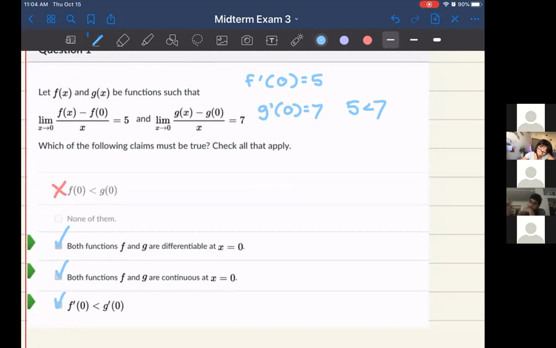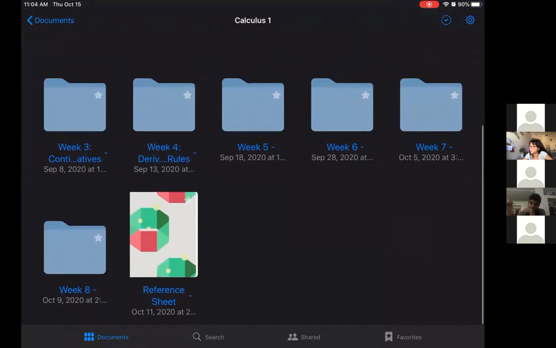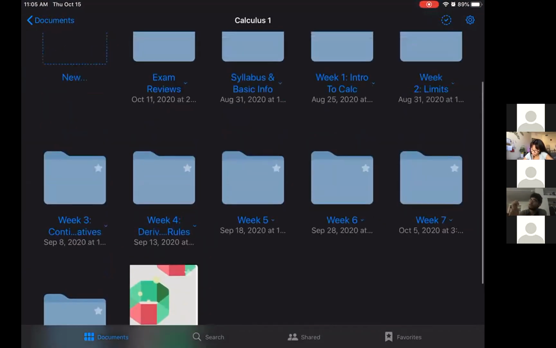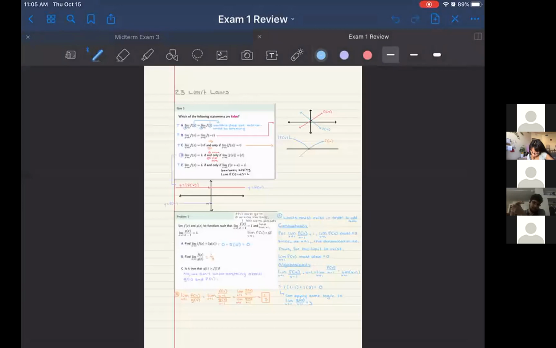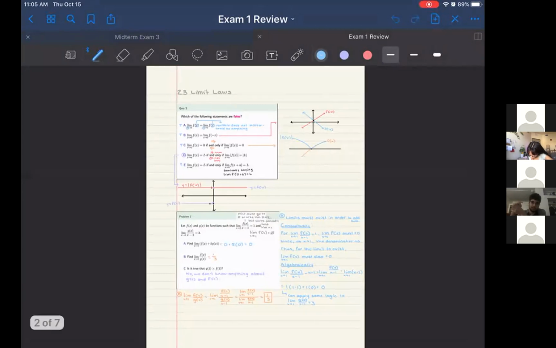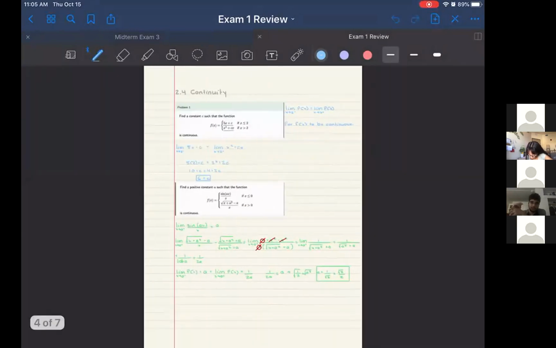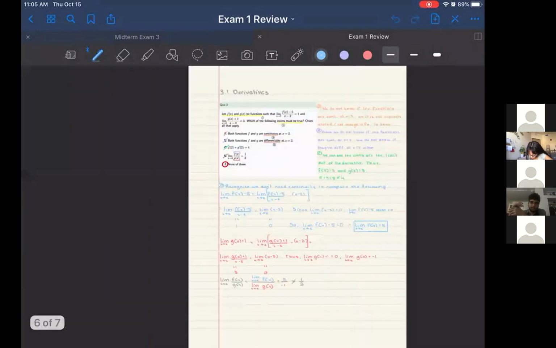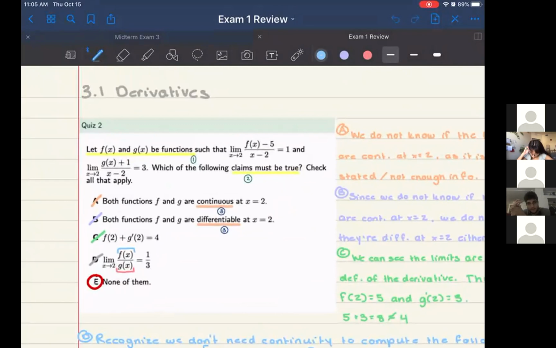Yeah, I think I know which one you're talking about. Let me look to see if we can find that one. Was it on a quiz or a test? I think it was on a quiz or a test. I'm not sure. One of these. Yeah, I think it was that one. Let's see. Let f of x and g of x be functions such that